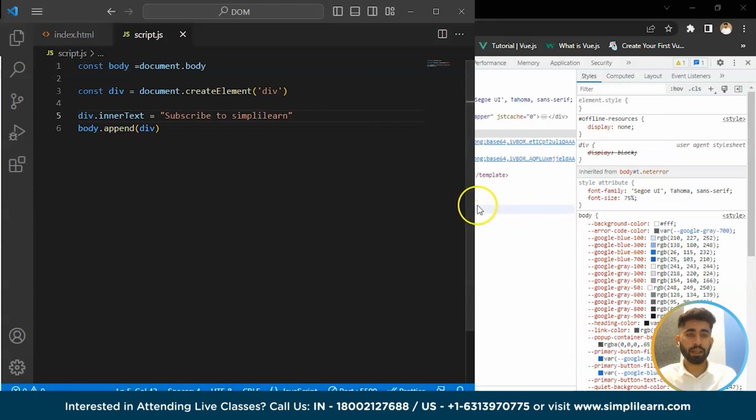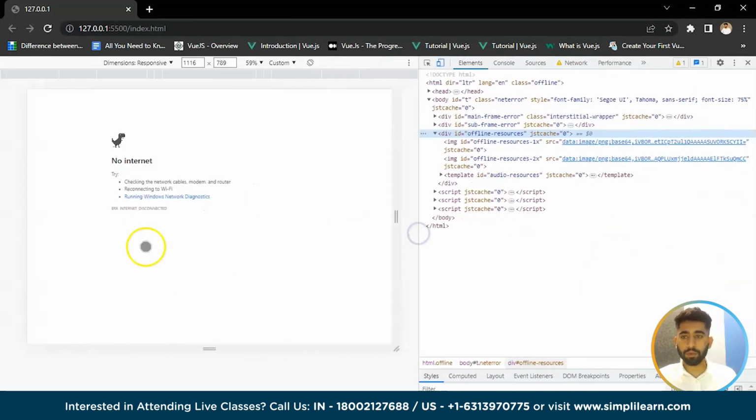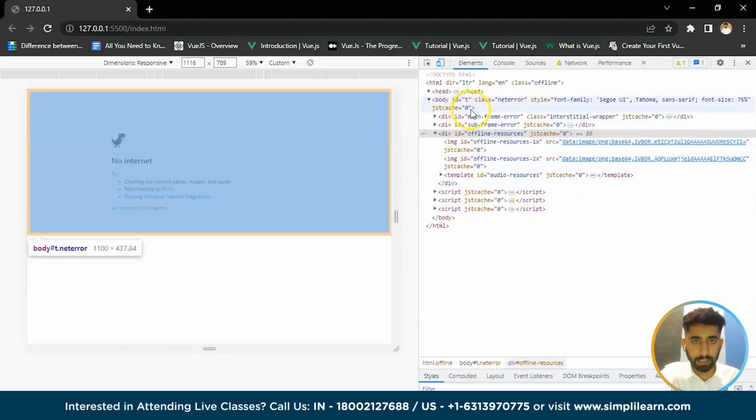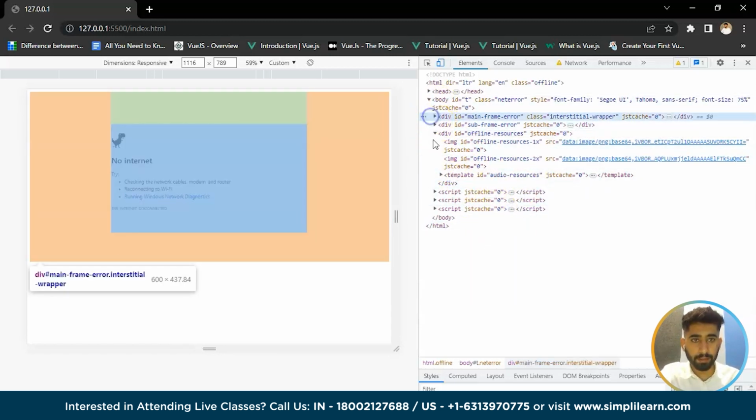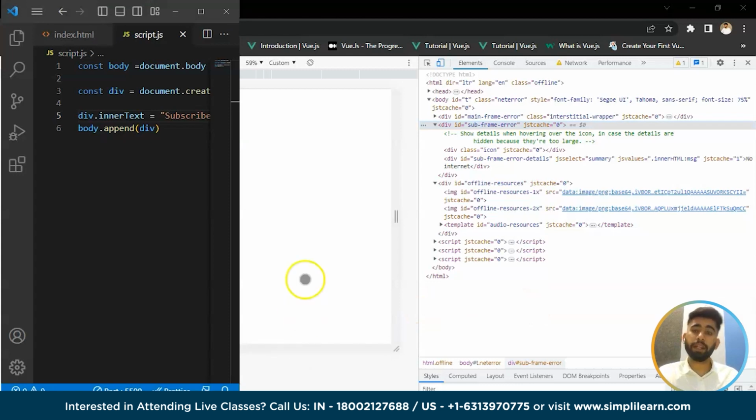Okay, and I'll save it. As you can see there, there is nothing working. It's an error, not an issue. We'll find that div inside this, right? This is a main frame. Inside this there is an ID and all, right? So let's now print something on the screen, right? So for that, I'm gonna